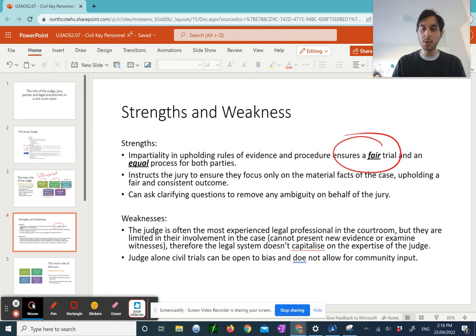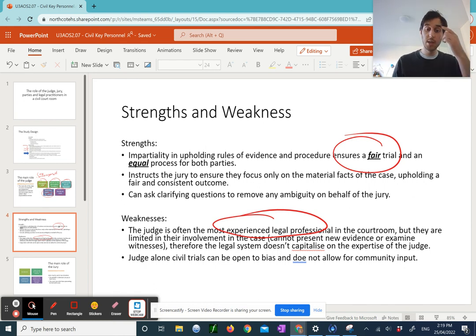They instruct the jury to focus on only the relevant facts of the case. So again, trying to make sure that the jury is acting in a way that is fair. On the other hand, because judges are often the most experienced professionals in the room, but they're required to act in an unbiased way, often that experience can go to waste, because people who might need extra help, such as an unrepresented person, the judge can't actually step in and help them too much for fear of appearing to be